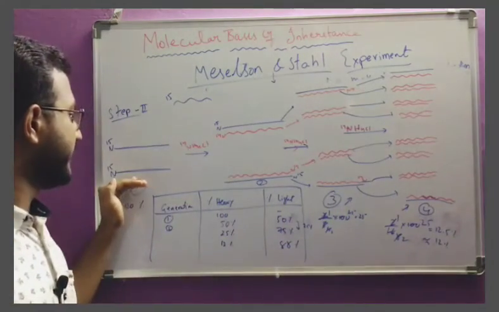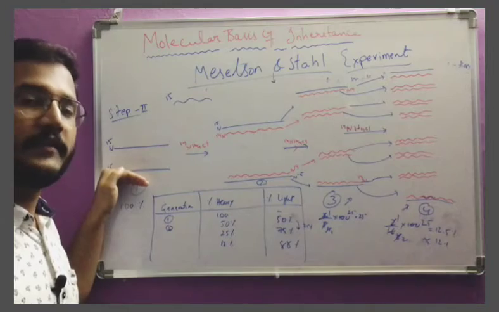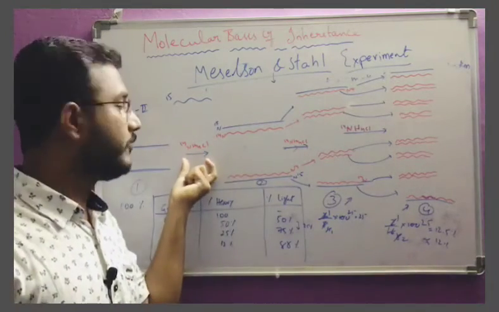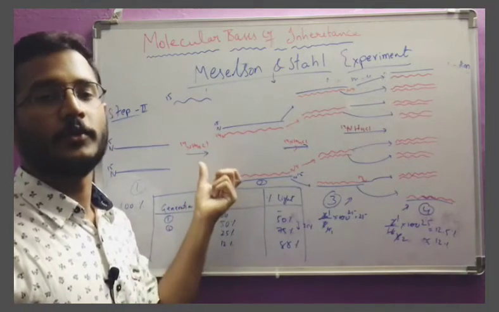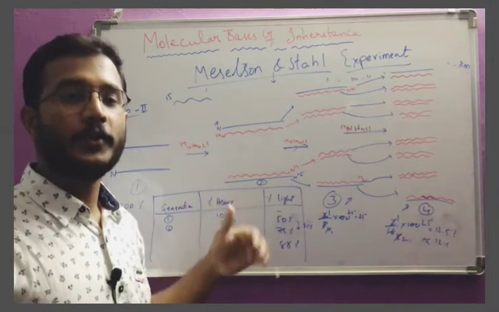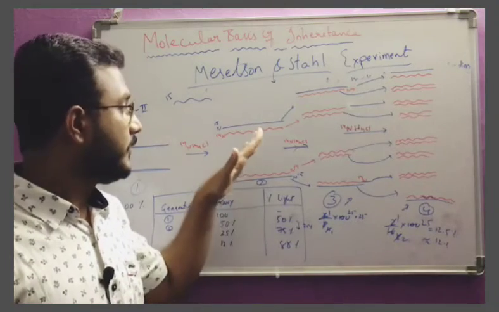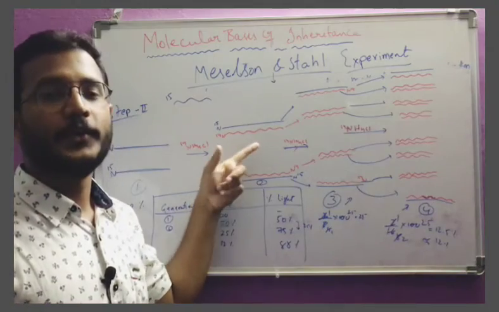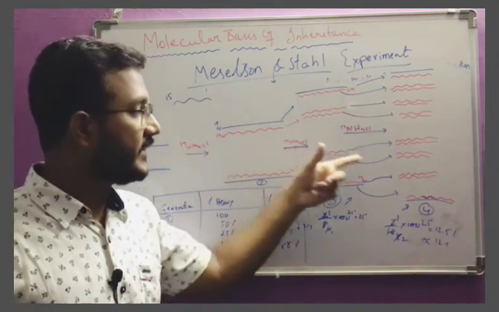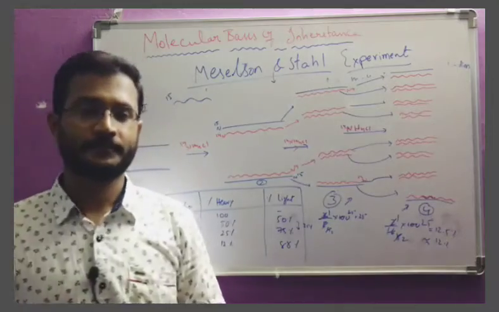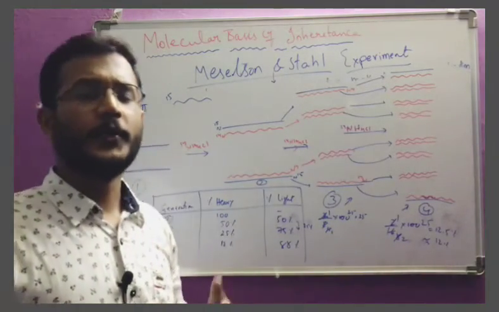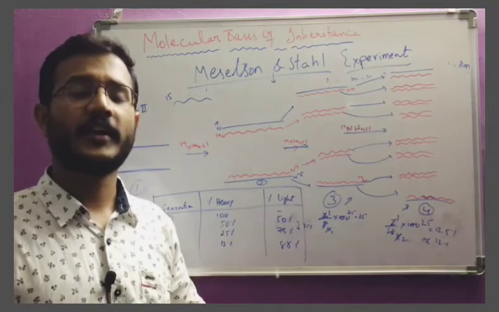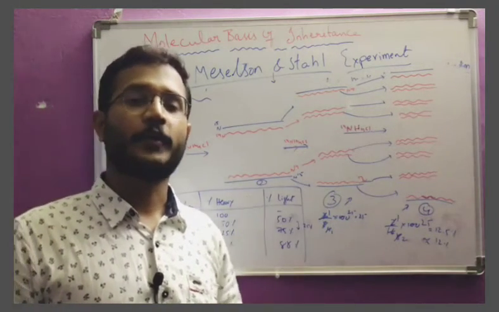So in the first generation, it is having the same, that is the previous N15 only, and from the second generation onwards, the bacteria is taking the N14 medium and slowly it is also incorporating in its DNA. So the newly formed bacteria will contain half of its parental, that is N15, and half of its strand as new, that is N14. Like this, each and every molecule is taking the new strands that are present in the N14. They are incorporating N14 in its nitrogen base.